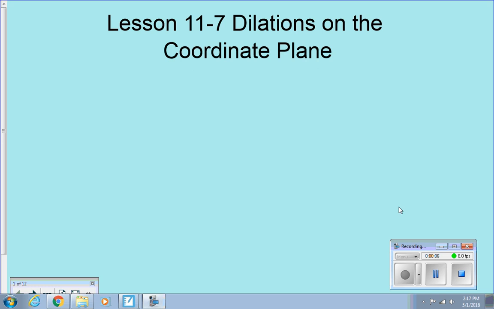11.7, dilations on the coordinate plane. So we've done translations, we've done rotations, we've done reflections. This is just another way that the shape is going to move on the coordinate plane. Okay. Now, if you think about the word dilation,